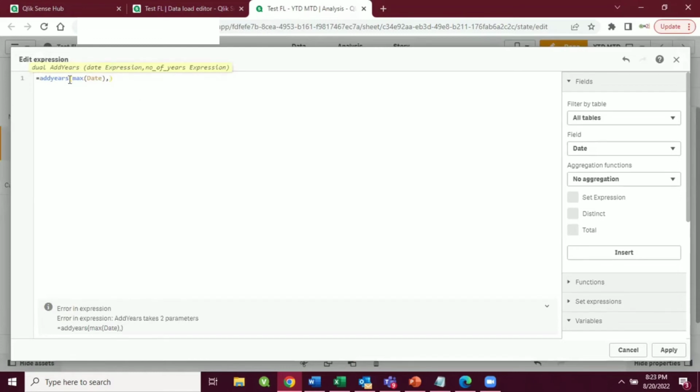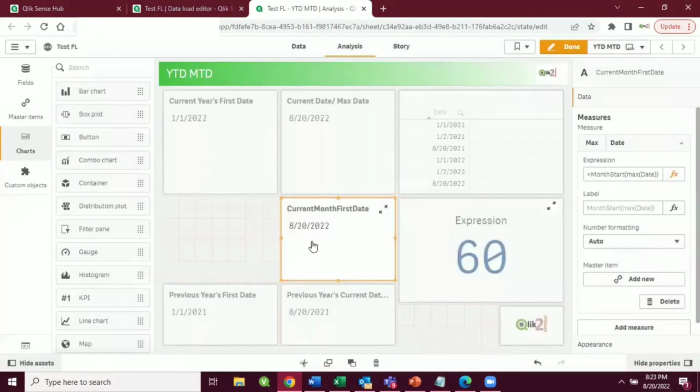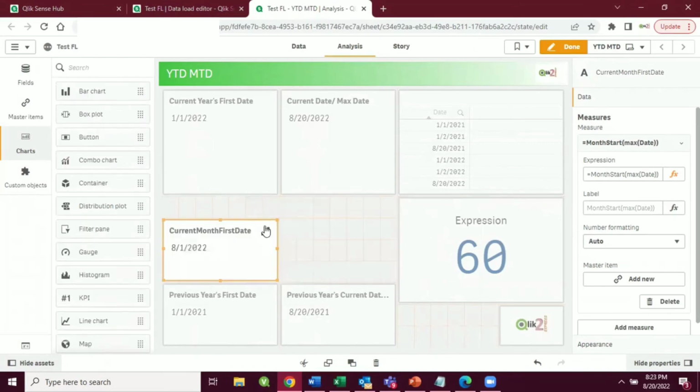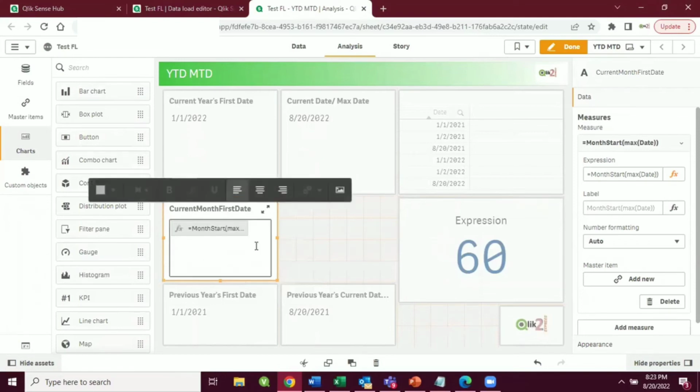Okay, so basically I want 01, sorry, 0120 of this. There is something called month start. I'll just simply use this function, no need to use any other fancy logic. If I use month start, it's going to give me this month's starting date, which is pretty much fine for me. For the previous year's month start, I'll just shift it over here. Okay, guys, copy this